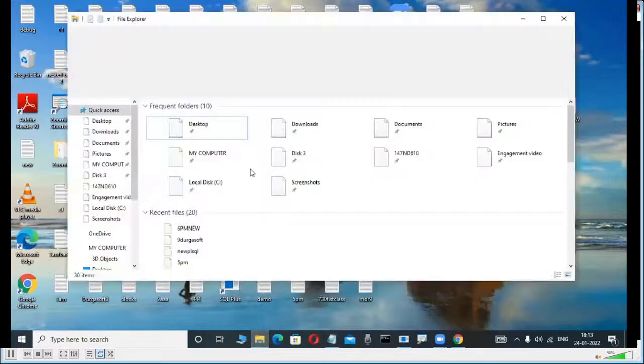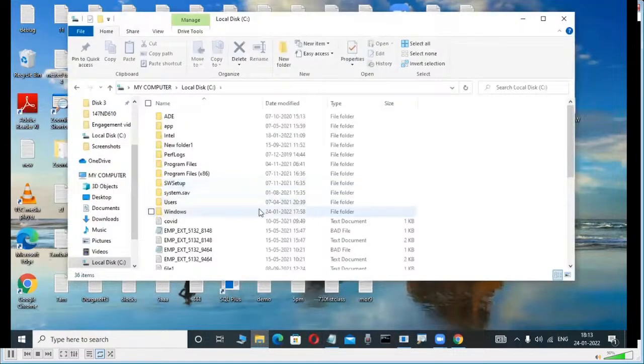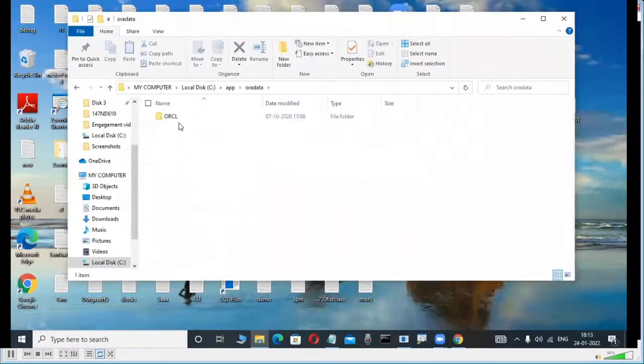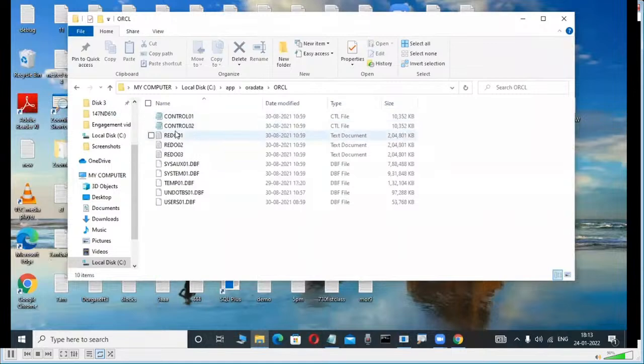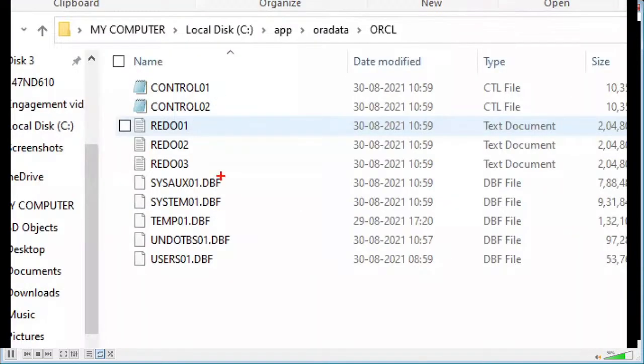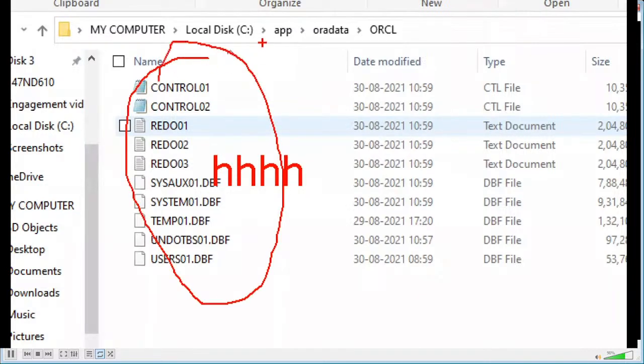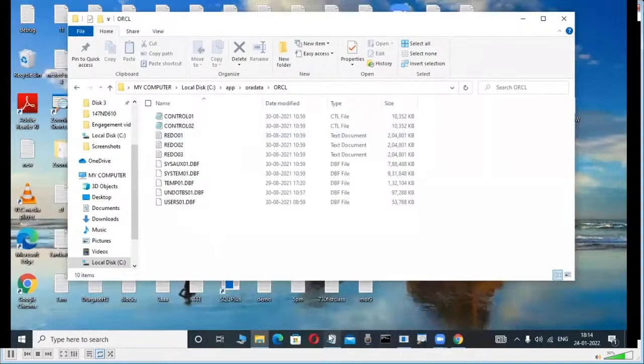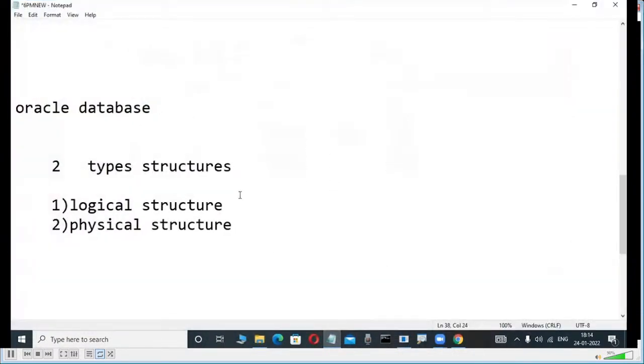I'm installing Oracle, how you install Oracle we will learn in next classes, don't worry. Say I install Oracle in the C drive only, and in this C drive your table is not available. Whatever table I create is not visible in the C drive or D drive. That's why a logical structure means a structure which is not visible